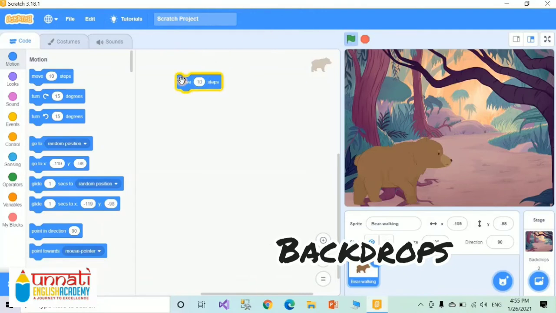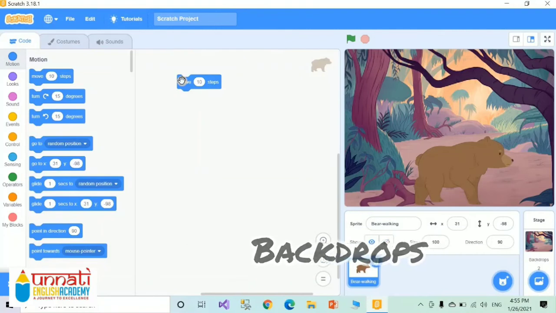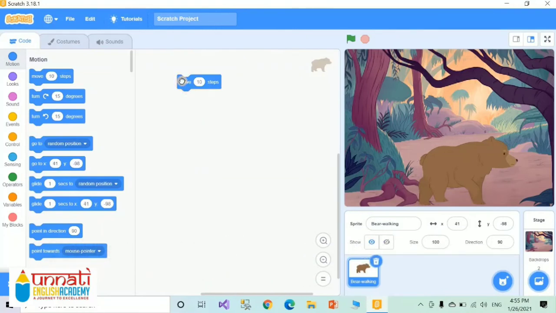See, I am clicking. See, now my bear is moving by clicking on that instruction. Very easy. So children, we will do lots of new instructions, new commands in the next video. Stay tuned. I hope that you will like Scratch programming very much.